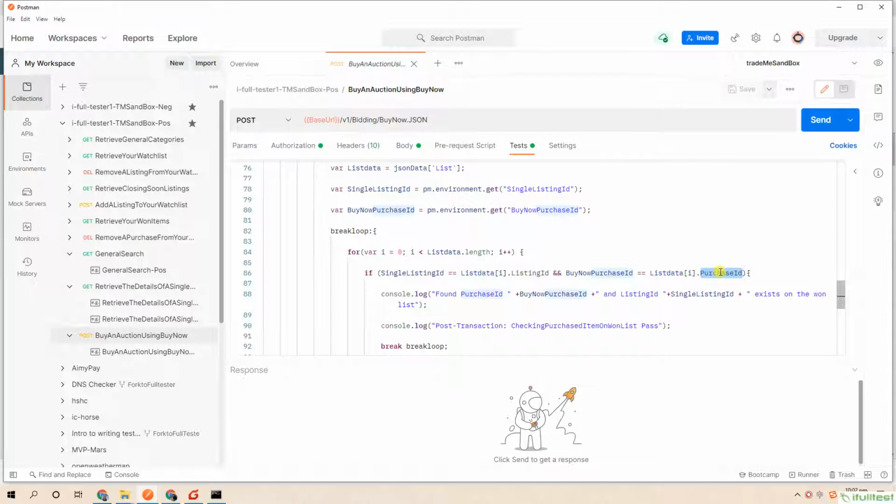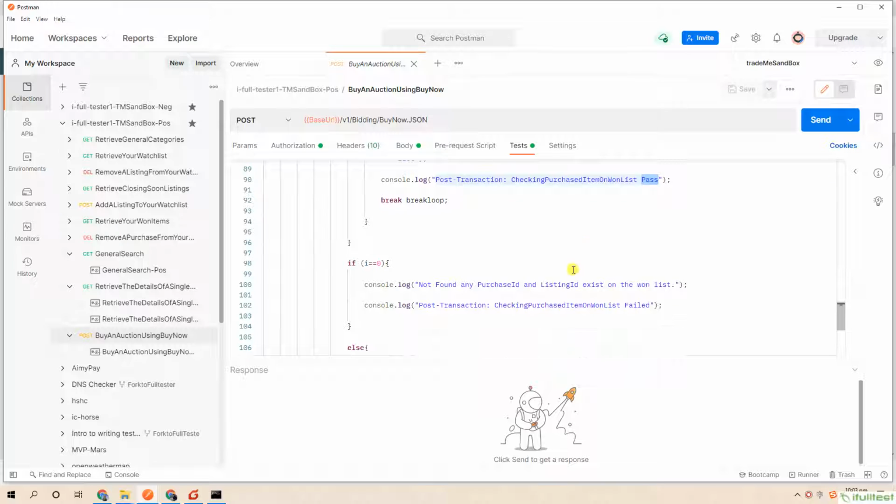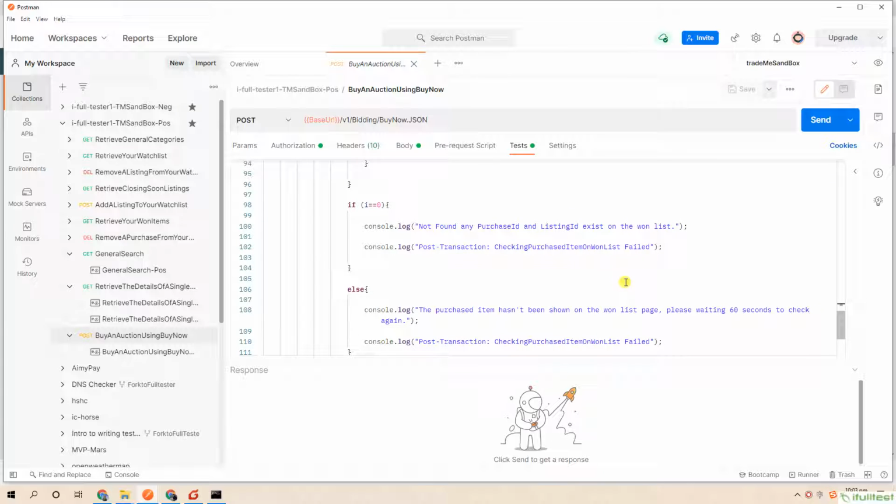If the value of these two fields is equal to the corresponding value of the saved environmental variables, which are from the response of our main API and another upstream API, general search, we mark this transaction as passed. Otherwise, we mark it as failed.